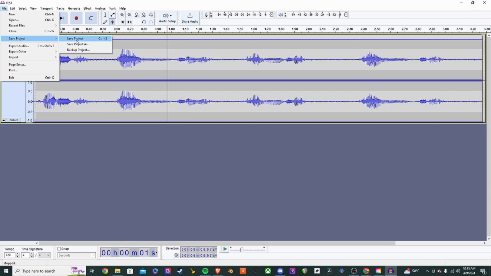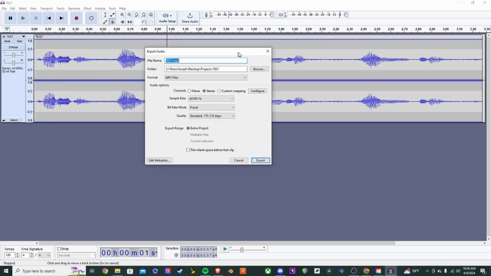To get it as an audio file, we don't need to save it, we need to export it. Specifically, the one we need to look at is exporting our audio here. Again, we can hit Control-Shift-E, but for the sake of demonstration, we're just going to use this little dialog box. If we're happy with how our audio form looks, we've cleaned it up, we've cut out anything we don't want, let's go ahead and export it, clicking that button, and we'll get this